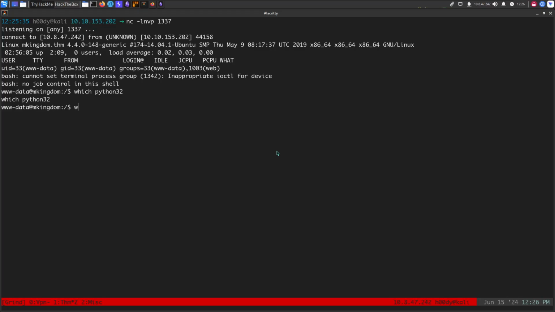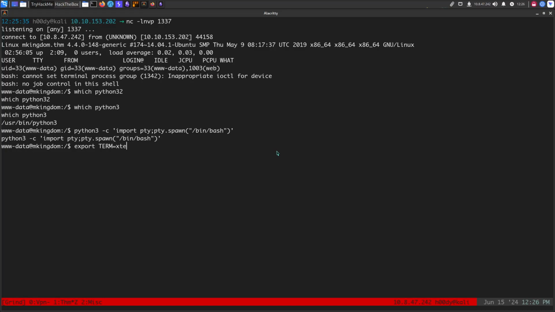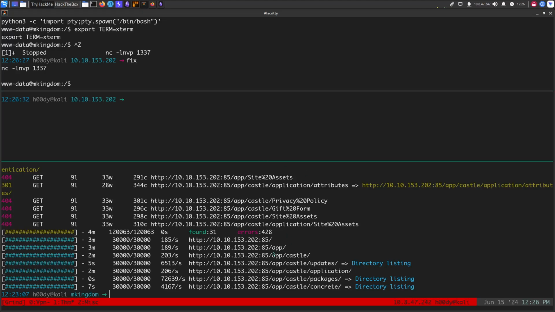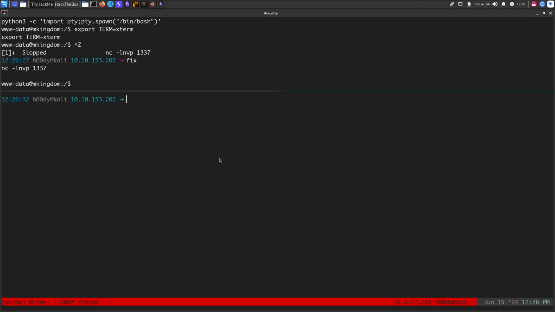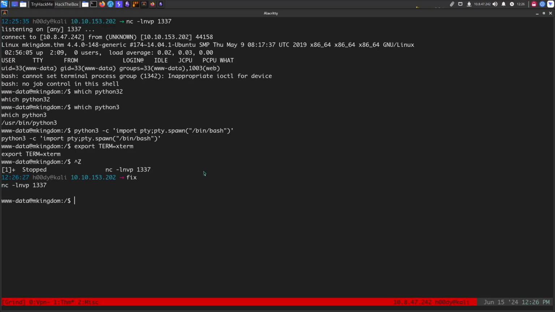Okay, sorry, you got Python 3, right? Python 3 -c 'import pty; pty.spawn("/bin/bash")', our classic stabilization, and we're gonna hit fix. I've made an alias for fix. It's just gonna run stty raw -echo; fg. Pretty short. And now if we move around the box,